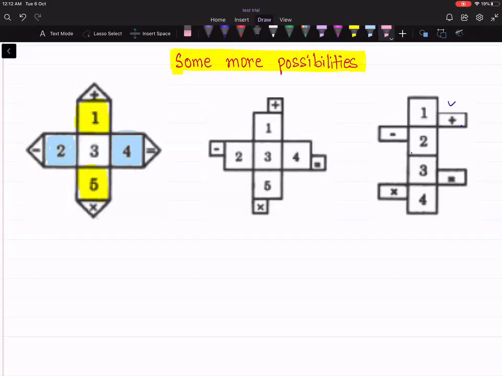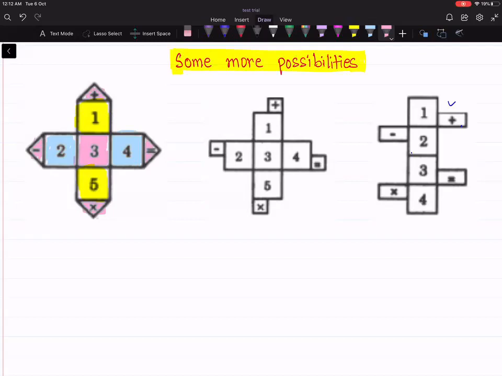Which will be opposite to 3? These faces together will form a square. These are opposite. So in such questions also, when you are solving it, just first mark the opposite faces and then try to solve, right? Let's take an example in this. A good example, relatively tricky, in which orientation also matters.